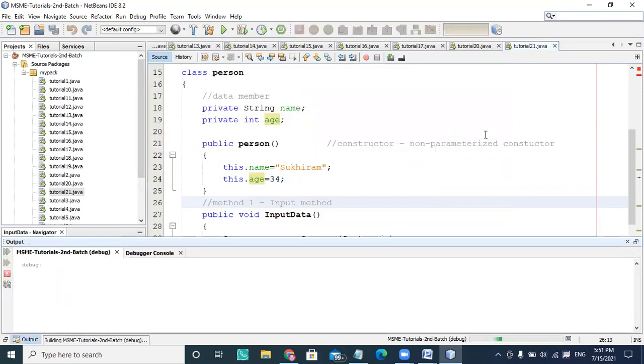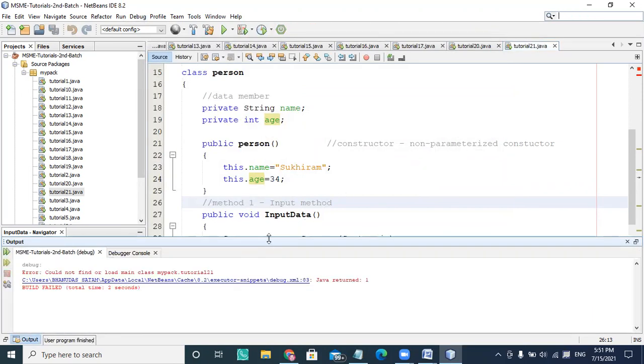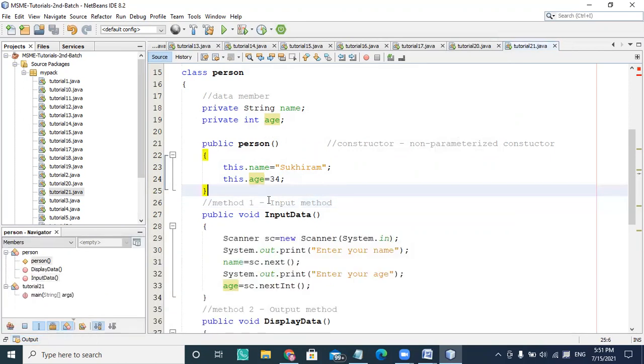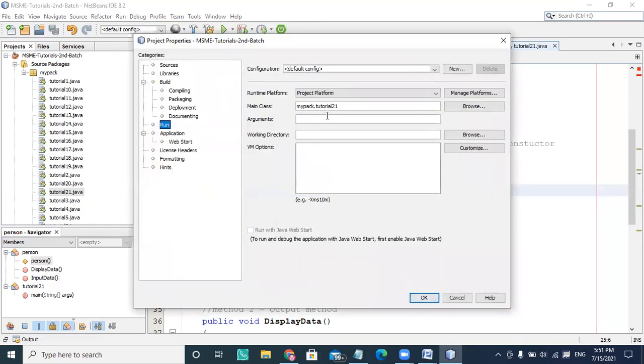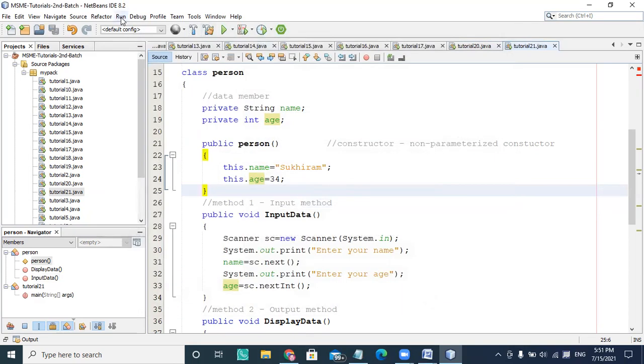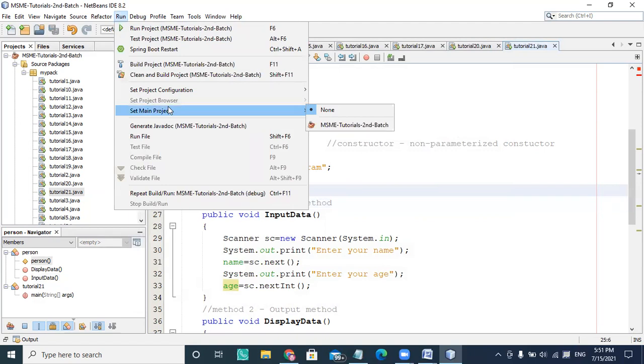The compilation always starts from the base. Let me check that the tutorial spelling is correct. Yes, tutorial 21, correct. So I'm starting debugging here.